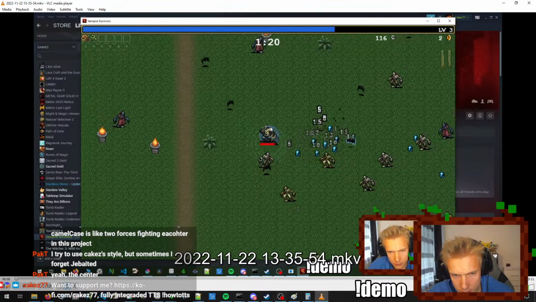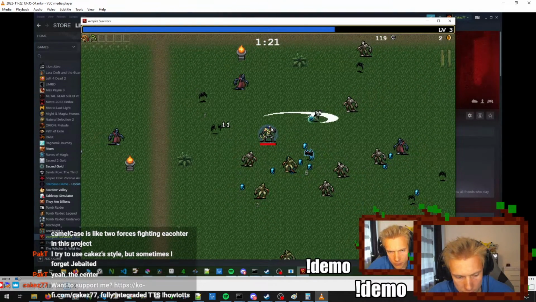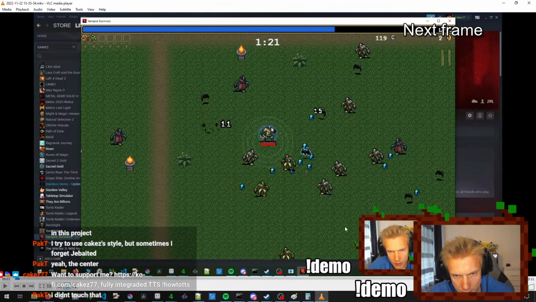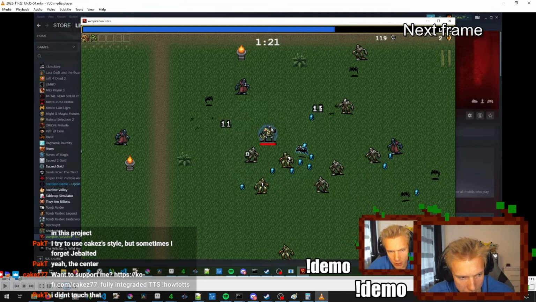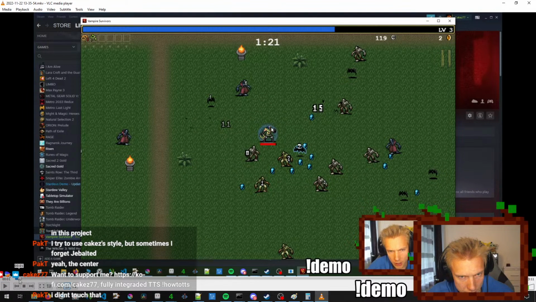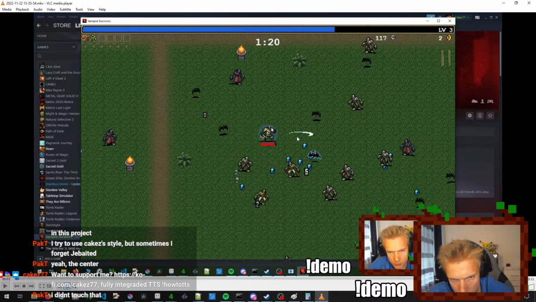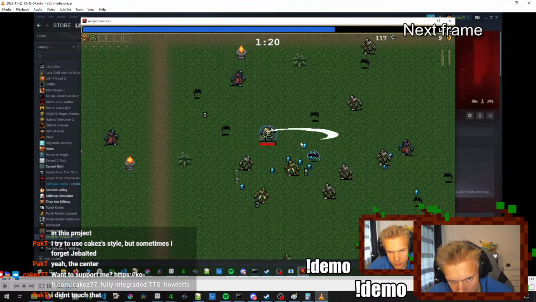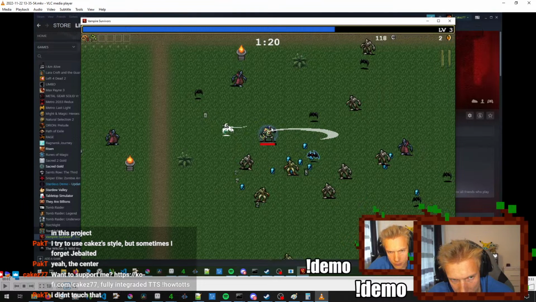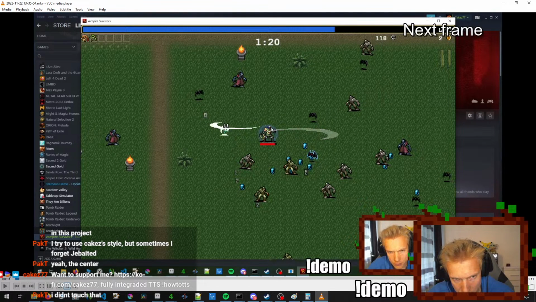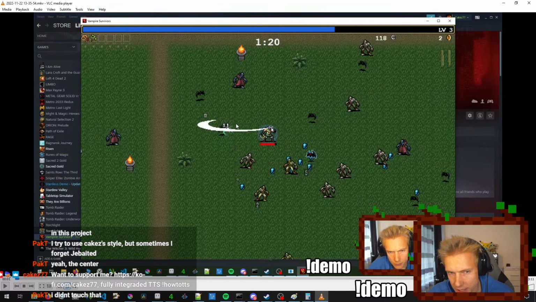Let's look. It's a bit fast. Oh wait, maybe it doesn't. No, actually it starts here. I think the middle point of it is right here where the mouse is. It's still here where the mouse is. No, actually it starts here in the middle point and then expands outwards.